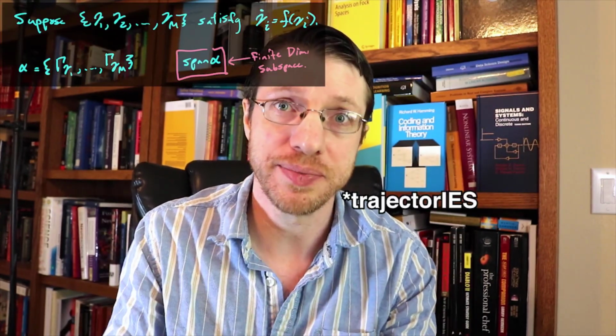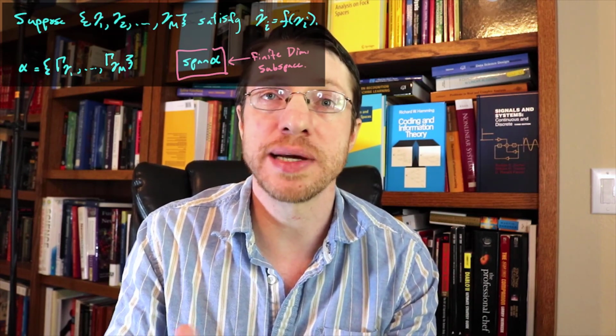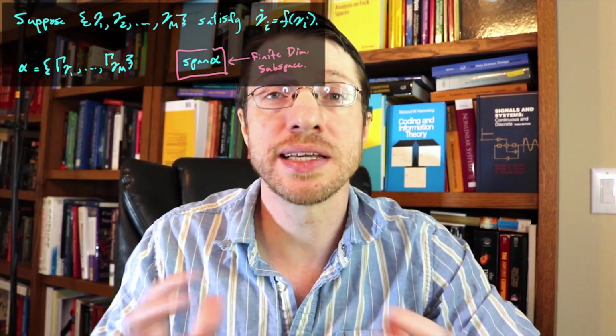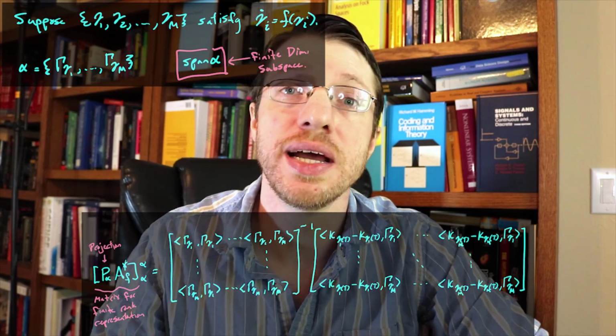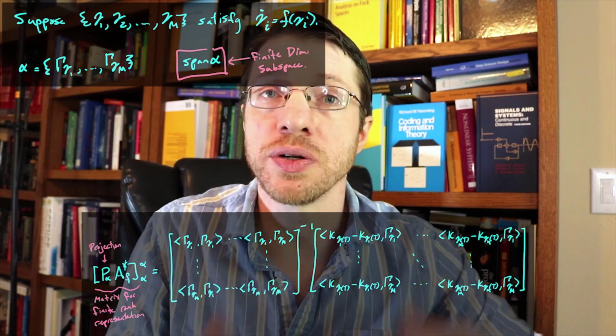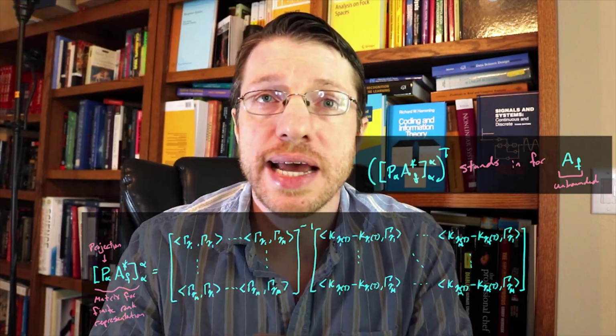So we're going to take the collection of the occupation kernels corresponding to our trajectory, and we'll call this set alpha. And then we take a span, and this is going to be the vector space that we're going to be operating over. Then what we do is we take this finite rank representation and we take its transpose, and then we use this as a substitute for the original Liouville operator. So what we're going to do is we're going to take an eigen decomposition.